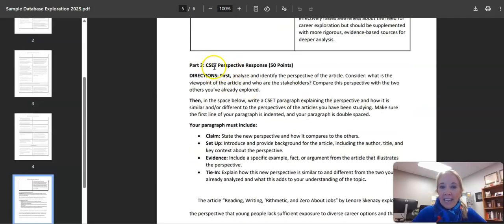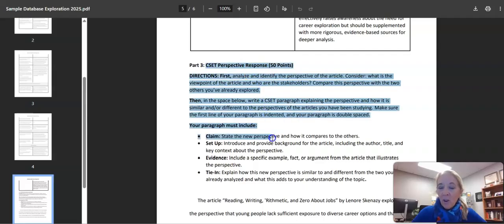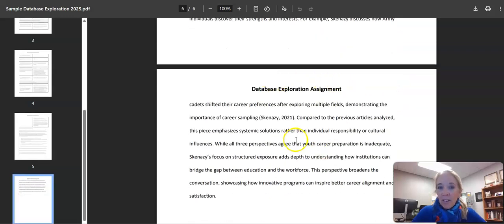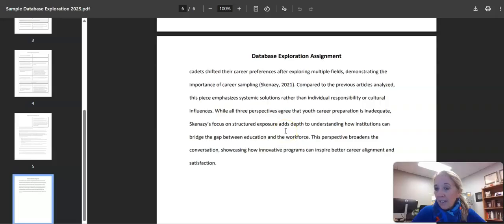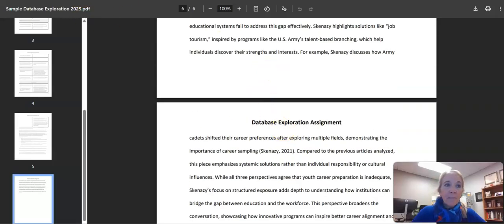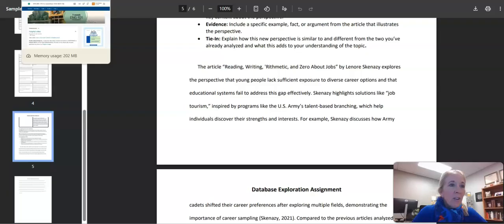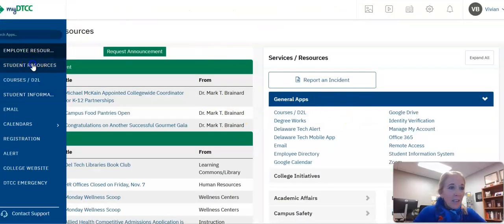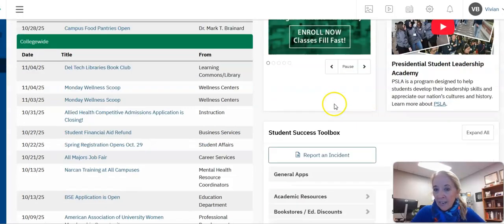Finally, you are writing a new paragraph, a CSET perspective response paragraph, and there are directions on how you should write your paragraph. You will be including a quote from the text or a paraphrase from your new reading number 3. That is the database exploration assignment. You will be going to the Delaware Tech homepage, when you are in Student Resources, you will